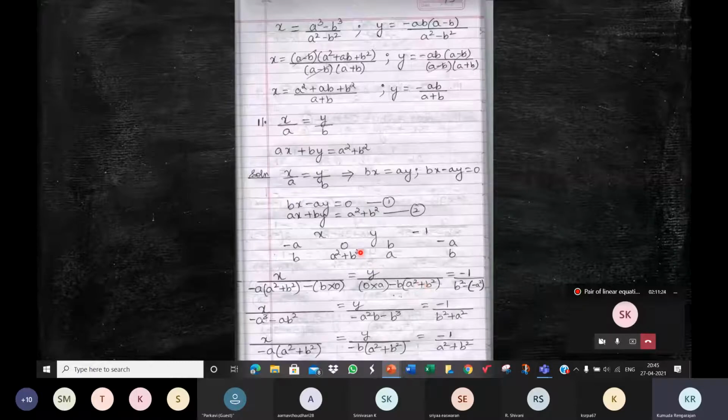So children, what happens is if you think 0 into a is 0 and just ignore that and write this product b into a square plus b square, we'll forget to put this minus sign. Just imagine you didn't write this. At least you should put a 0 there. At least if you didn't show 0 into a, at least put a 0 there. Supposing you feel 0 into a is 0, why write that? Let's write this product straight away. So then you may in a hurry write b into a square plus b square. You will forget to put the minus here because you have not written anything here, right? Children, I'm pointing with the laser pointer. I hope you're looking at that.